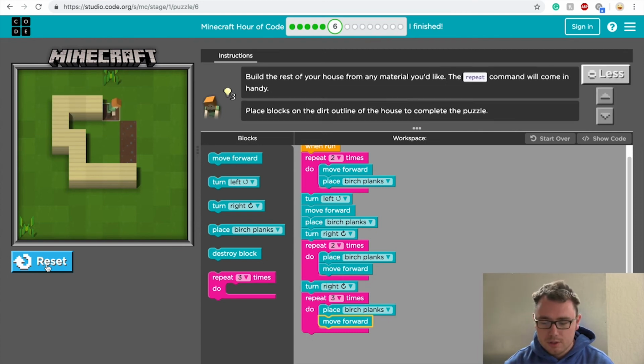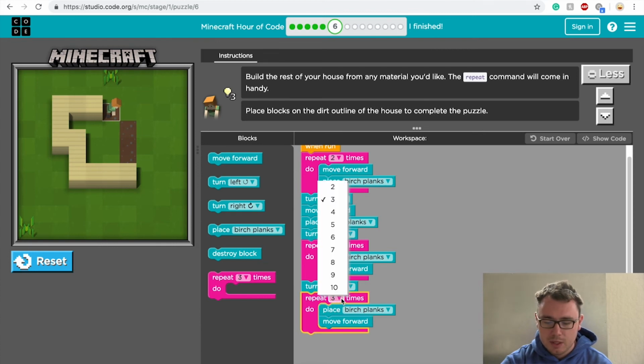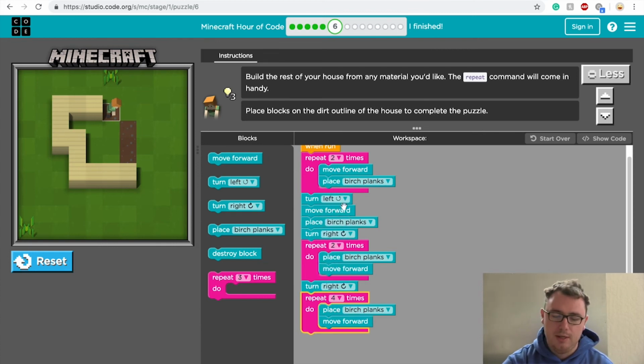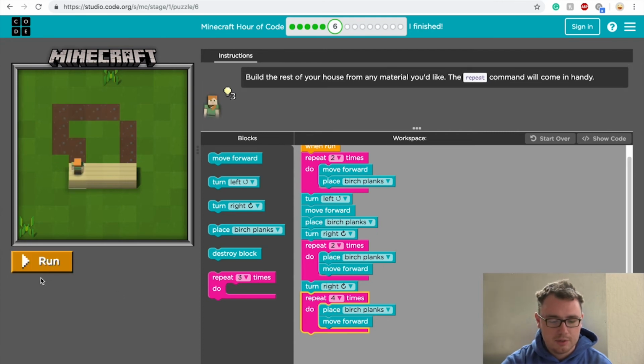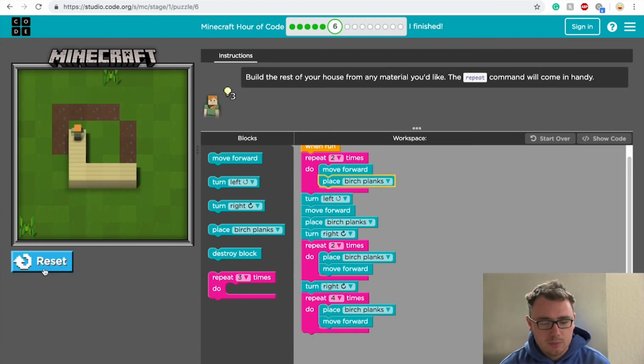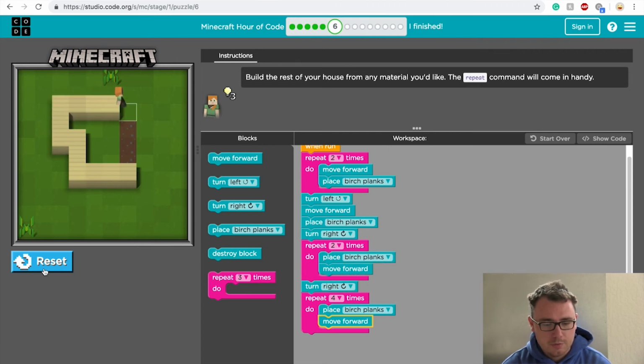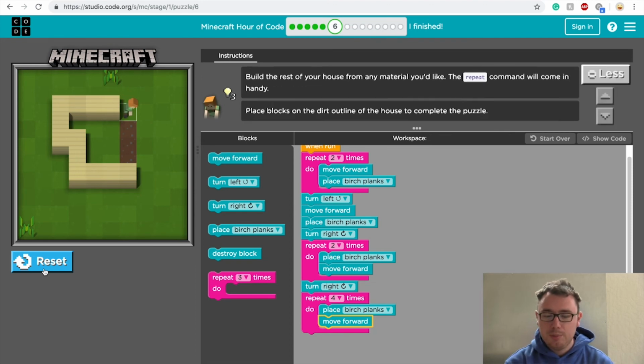All right. So it looks like she wasn't able to go forward enough to put that last block in. So to do this, we're able to change our while loop. So right down here where it says repeat 3 times, let's change that to repeat 4 times. And now let's try it out. 1, 2, 3, 4. All right, 1, 2, 3, 4. Perfect. So she was able to put down those 4 planks, and now she ended up in that top right-hand